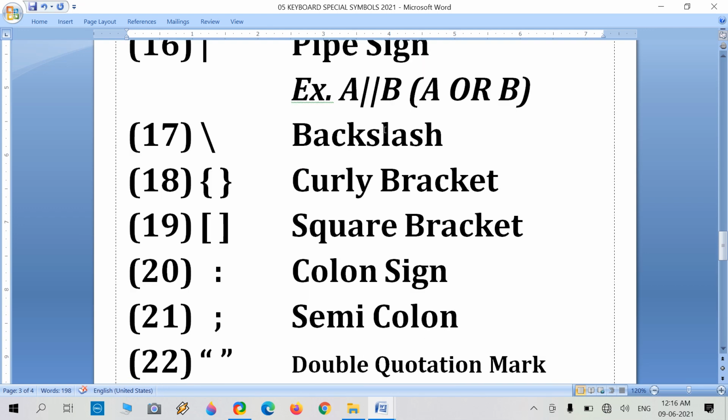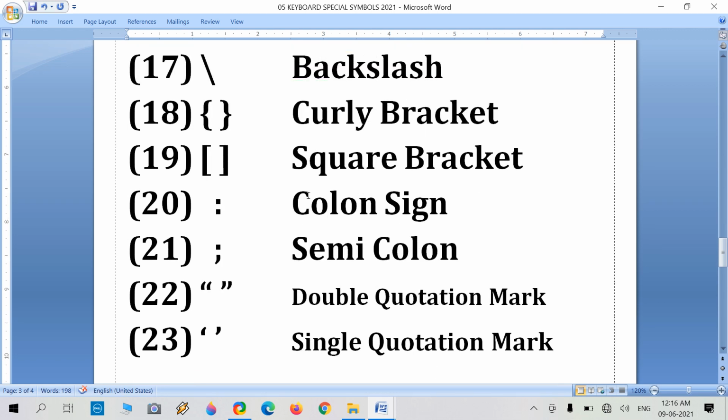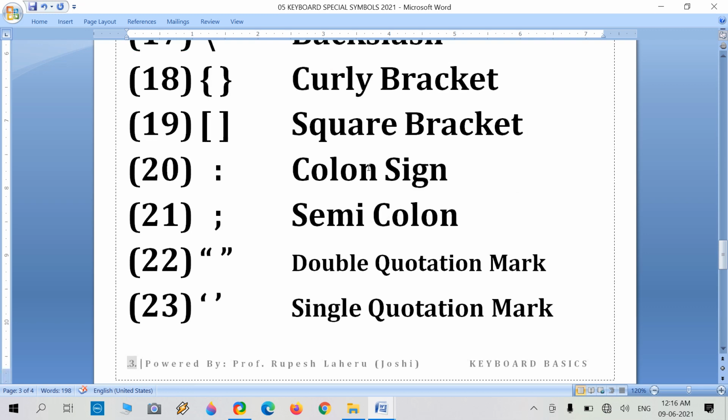This is the backslash, most useful in website addresses. This is the curly bracket, useful also in programming like C language. The square bracket. There are three categories of brackets: round bracket, curly bracket and square bracket.